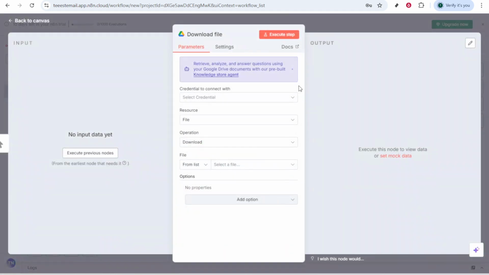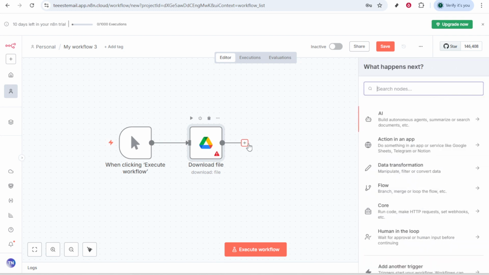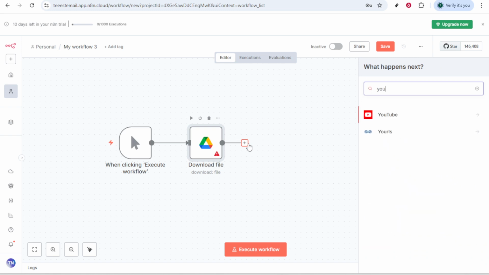Next, we need to add a node that will handle the download of the video file. This node will access the file ID from the initial trigger node, which allows it to fetch the correct video file directly from Google Drive. It's important here to ensure that the node is configured to download the file securely and efficiently, maintaining the quality